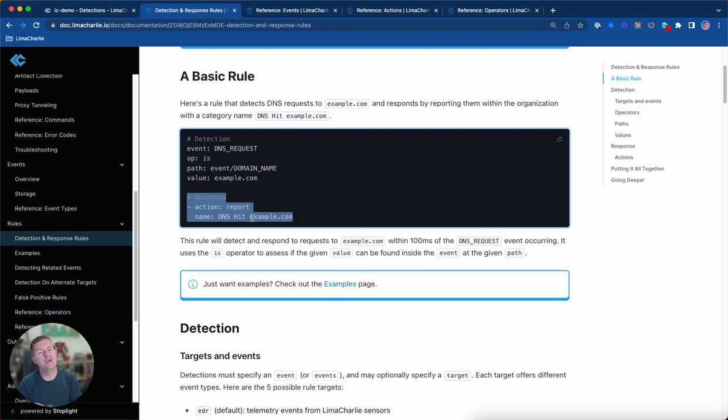And that will be a really easy way for me to zoom in on that particular type of activity. And that's it. That's a very long description of detection and response rules. Now, it may feel like a couple of times I went off on some tangents off to the side there. I think it's really easy to see just how powerful detection and response rules can be, and just how quickly